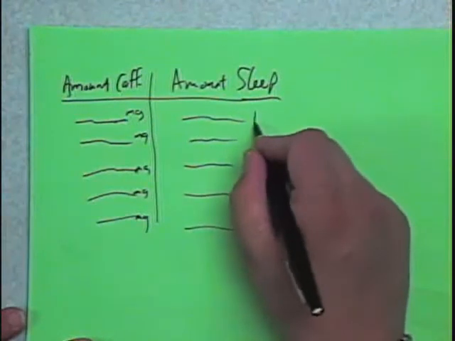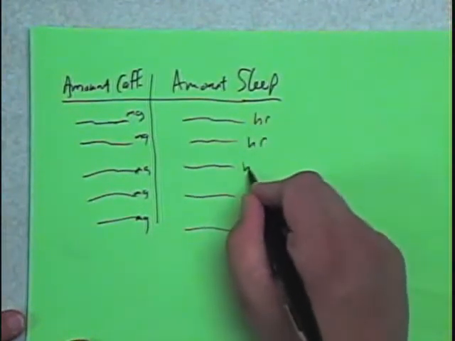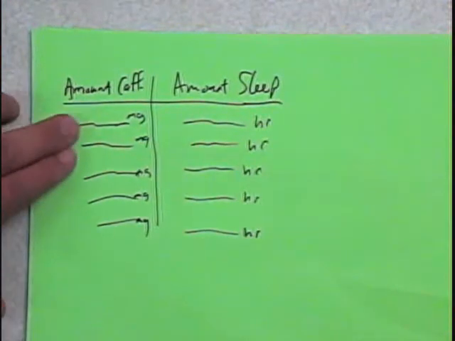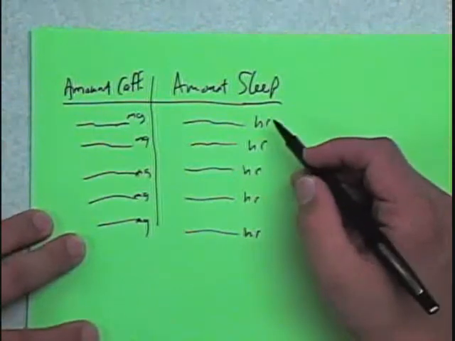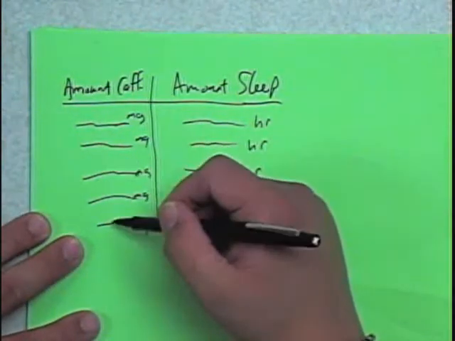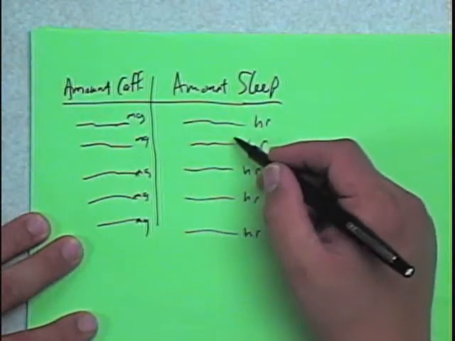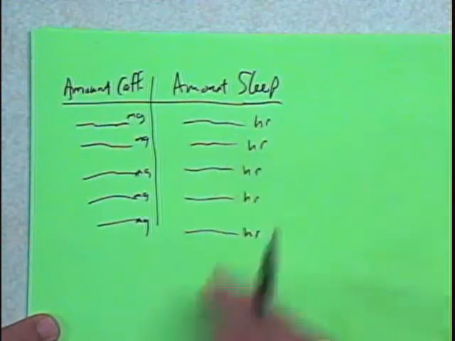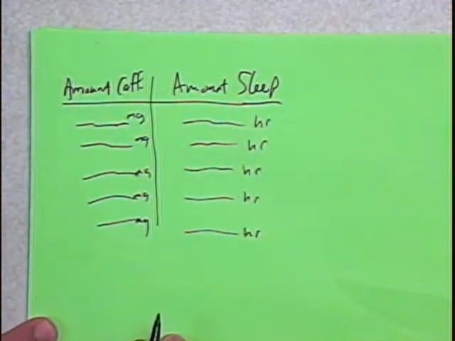And then this would be the number of hours of sleep that each person got, and you would look to see if there's a relationship. I would order these from least to greatest. And what I'm probably wondering is whether the amount of sleep is going down. So as these increase, does the amount of sleep get less? And if it does, it means that there's a negative correlation between the variables. Now the question is,